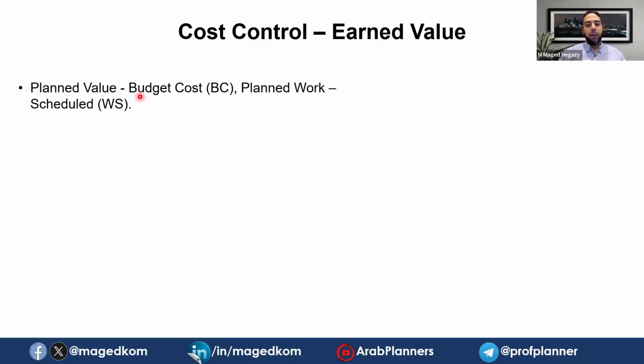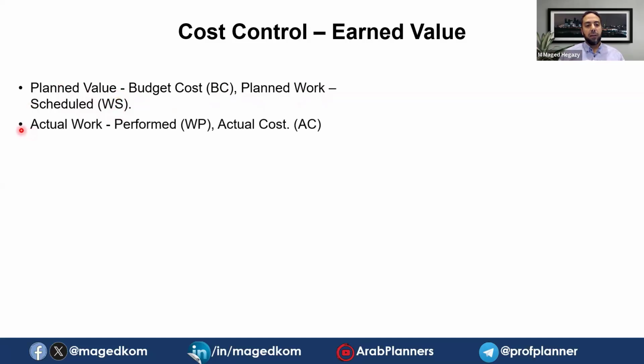Because when we plan, we have some budget cost to do planned work in the duration of the project, with time-phased distribution, and we have work scheduled, let's say every month, for example. So we have budget cost to spend with values every month. So we have budget cost planned in the beginning, and we end up spending every month with work scheduled.